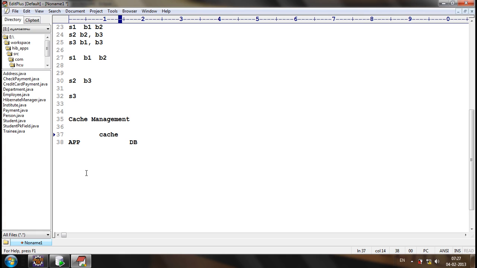So we fetch the data once, and first we'll try to get the data from the cache. If not available, we'll go to the database, put it in the cache and fetch it from the cache. So the second time onwards, if we try to get it from the cache, the information is available in the cache, so from the cache directly we'll fetch the data. Understand? This is how the cache management will be. Okay? But